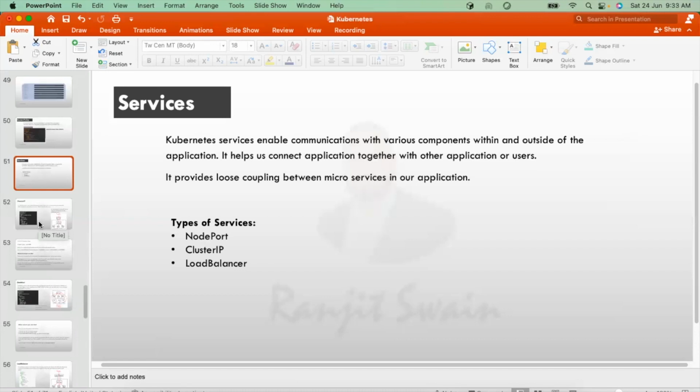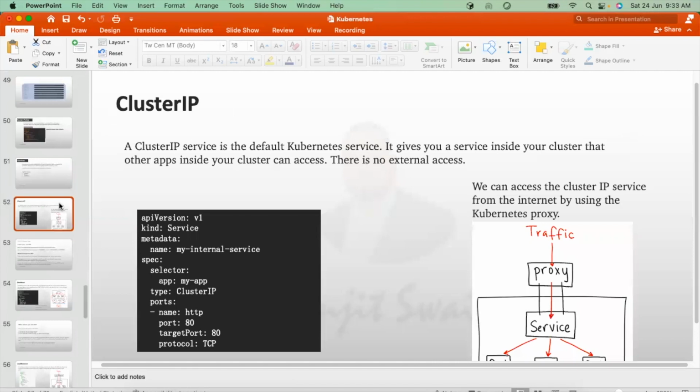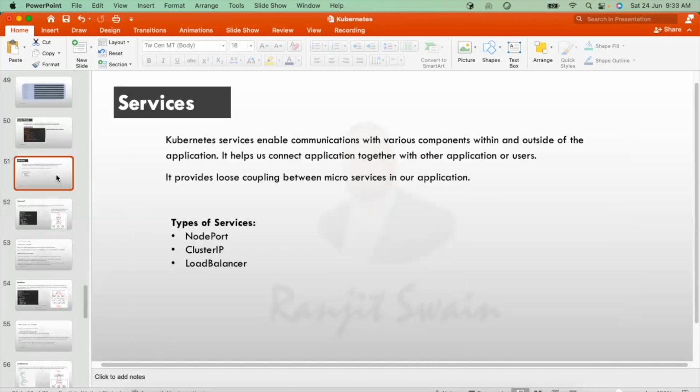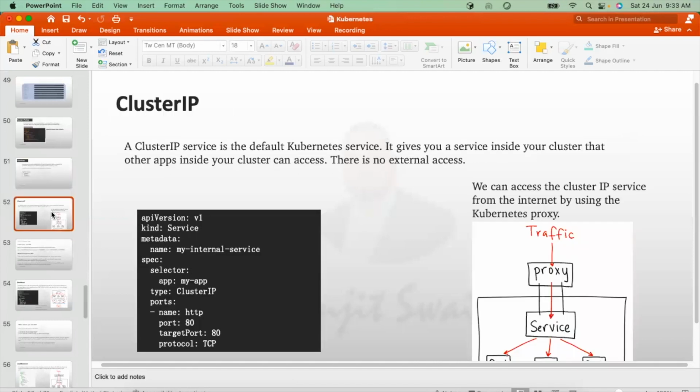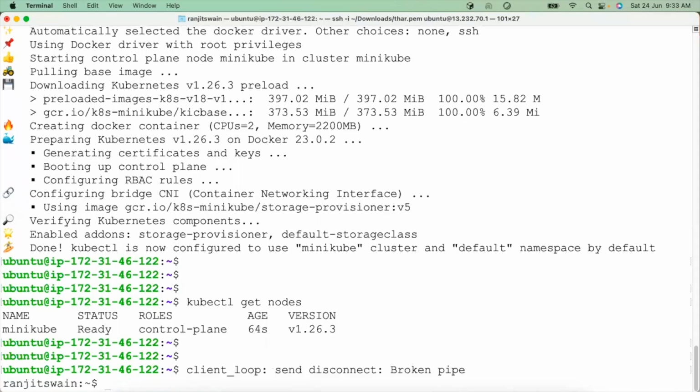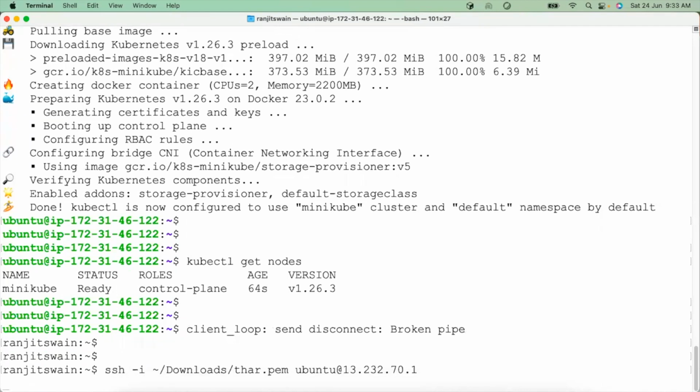When should I go for a NodePort? When should I go for a load balancer? First, let's go with the ClusterIP. A ClusterIP service is the default Kubernetes service. If I just go to the cluster and use